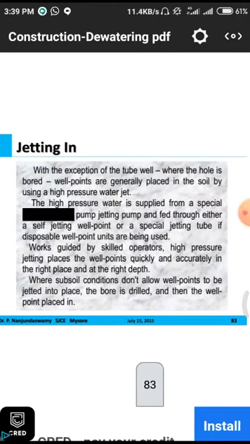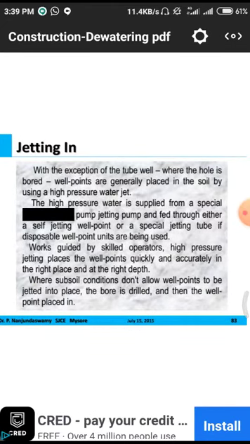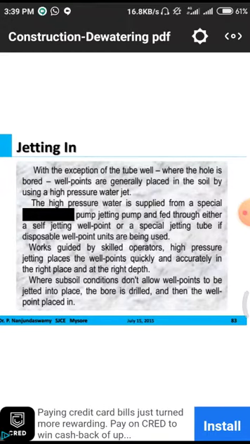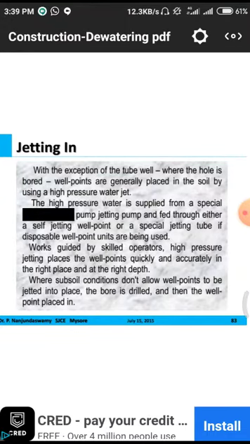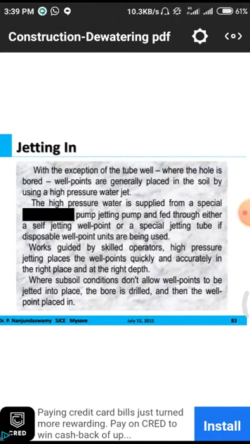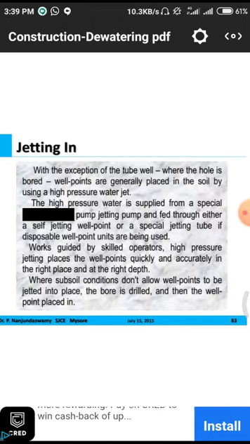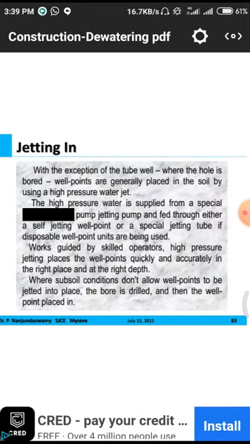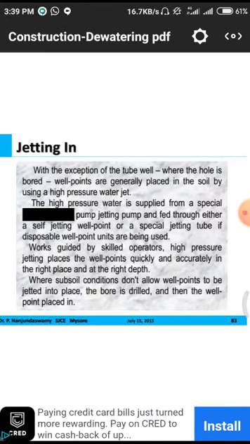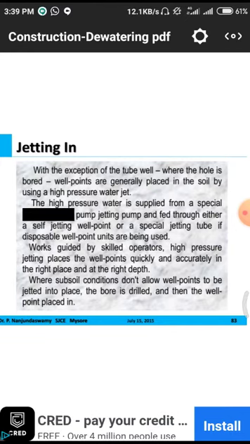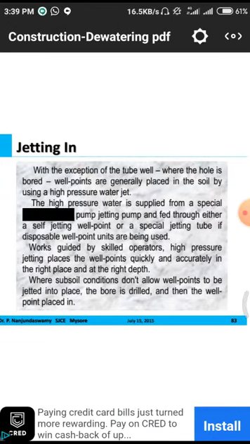With the exception of all tube wells where a hole is bored, well points are generally placed in the soil by using a high pressure water jet. That means a high pressure water jet. Due to this high pressure water jet, we have to remove much quantity of water from the soil. Otherwise, we have to collect a quantity which is lesser in volume, so that this high pressure water is supplied